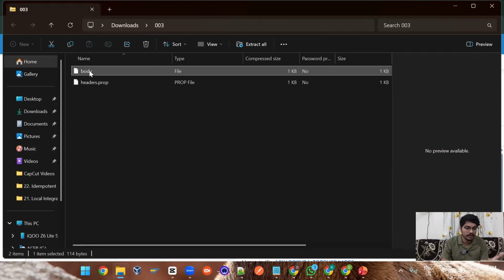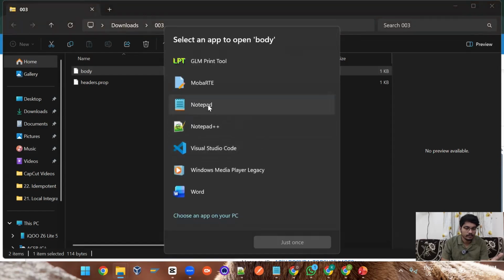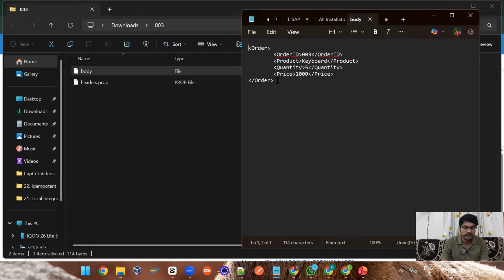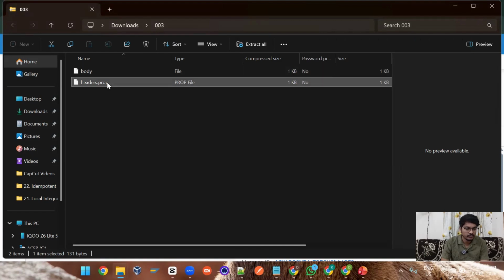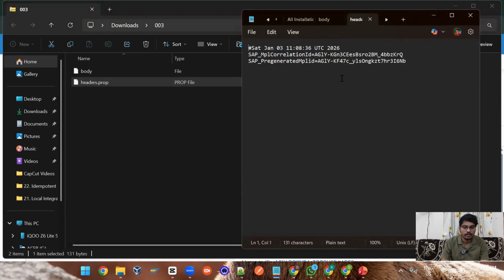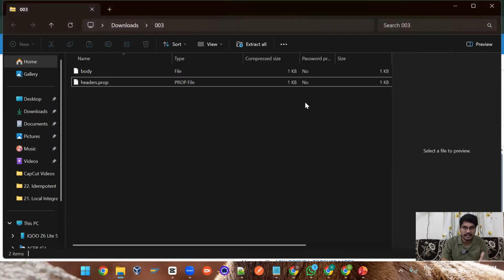If we open it, it has order details, the keyboard. If we open the headers one, it will have the default headers, MPL correlation ID and pre-generated MPL ID, all these ones. So these are the runtime headers created by SAP CPI. So we have body and headers files in the